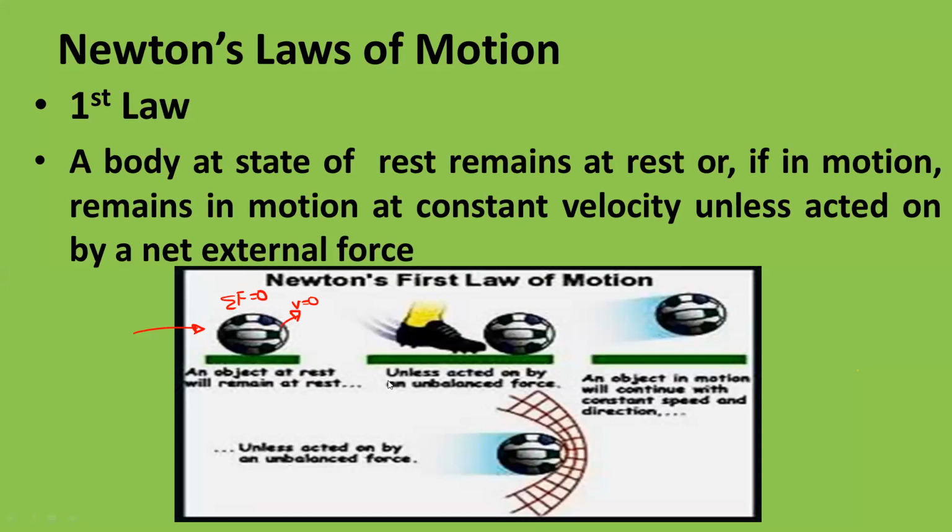In the second case, we apply the force by kicking the football. Therefore it will get some velocity like this. And that football will continue its motion with the same velocity. So it will maintain the constant velocity if there is no resistance from the opposite side. But practically this will not happen.